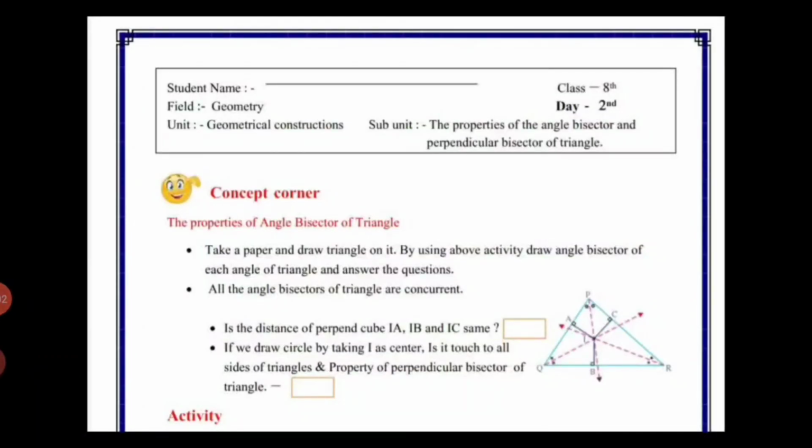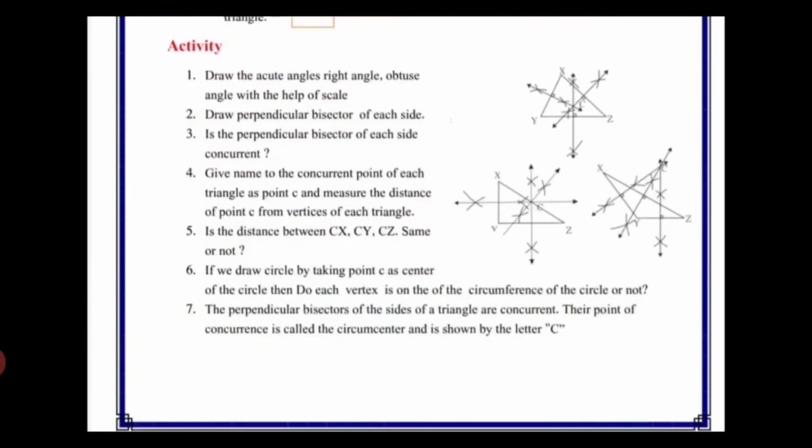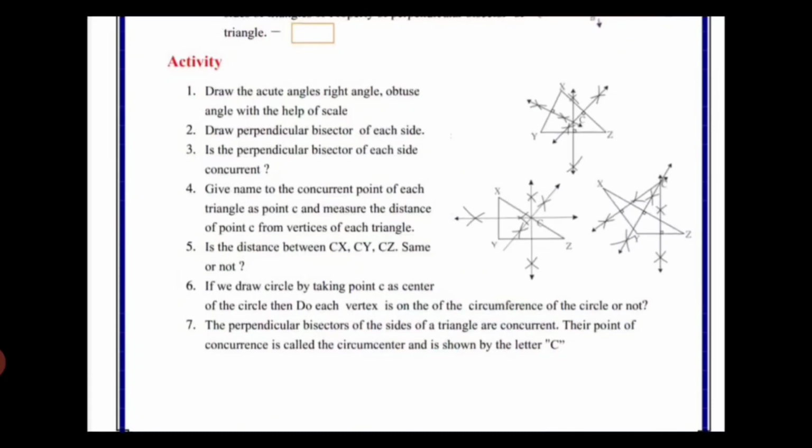Now on day 2 also we will have to recall and revise from the field geometry. Unit is geometrical construction and subunit is the properties of angle bisector and perpendicular bisector of triangle. So here we have given the concept corner where you all have to learn about the properties of angle bisector of triangle, which you have learned already in standard 7th. Now see, in this activity you have to do the construction,